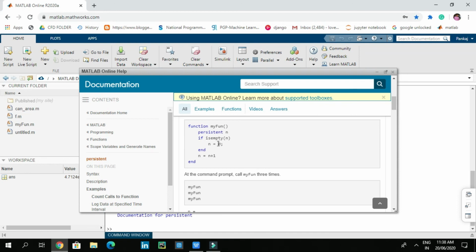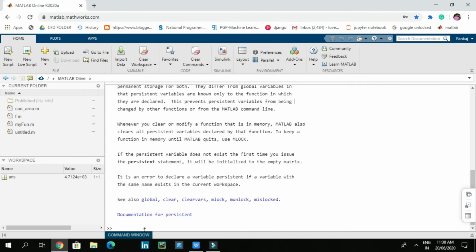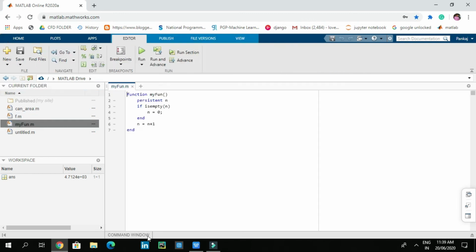If n is empty, it takes n as 0 and then end, and then it adds n plus 1. So after completing this, again it takes n as the previous n and then it adds 1 again to n. So I copied this code from documentation and made it here like this.